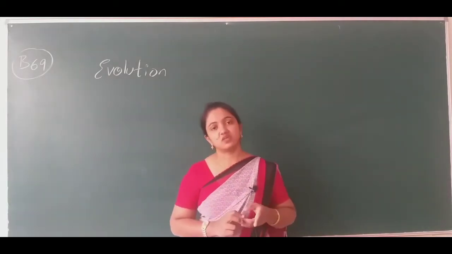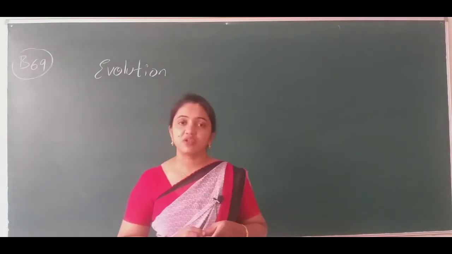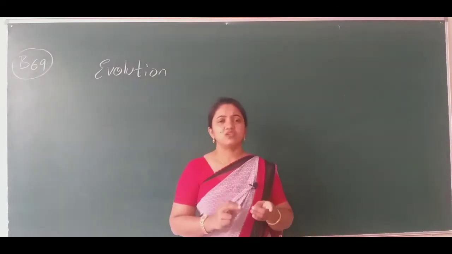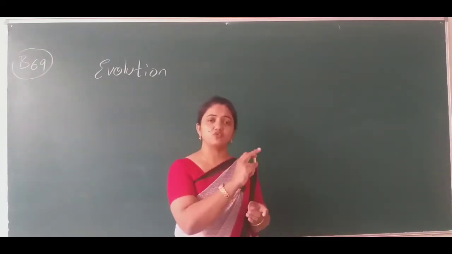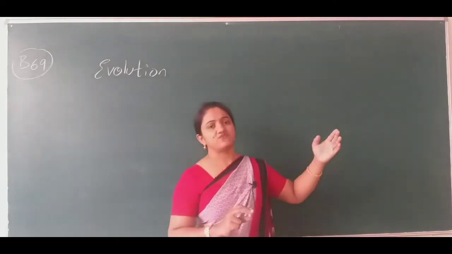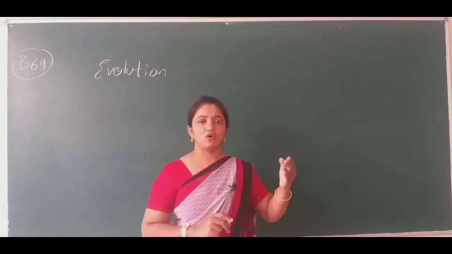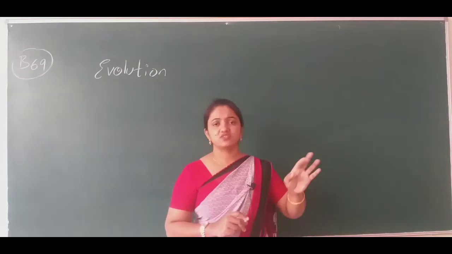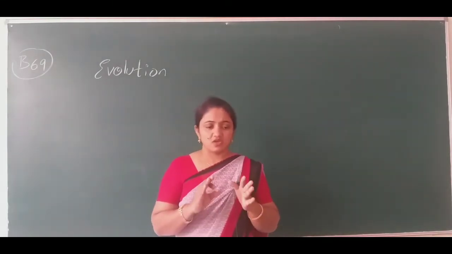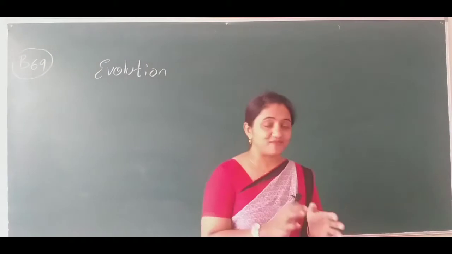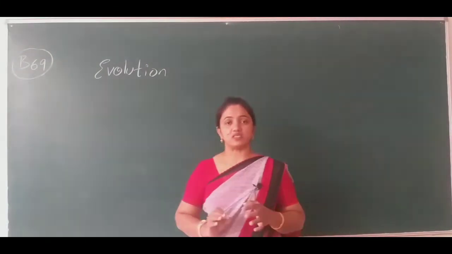The third connotation of special creation is that the earth was formed only 4,000 years back. It was not like 4.5 billion years ago, or that 500 million years ago life evolved. It was not like that. The earth is only 4,000 years old. Only that much old the earth is.